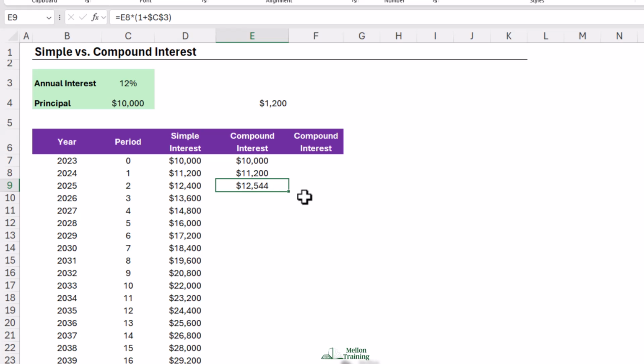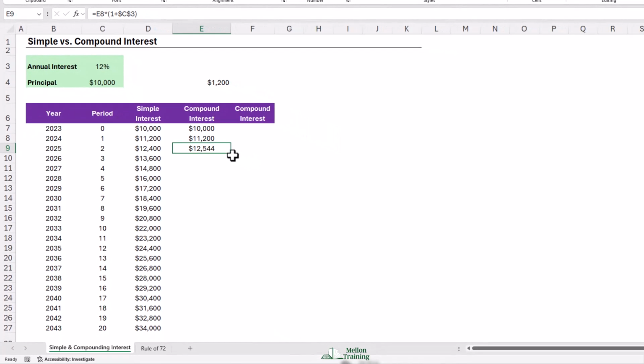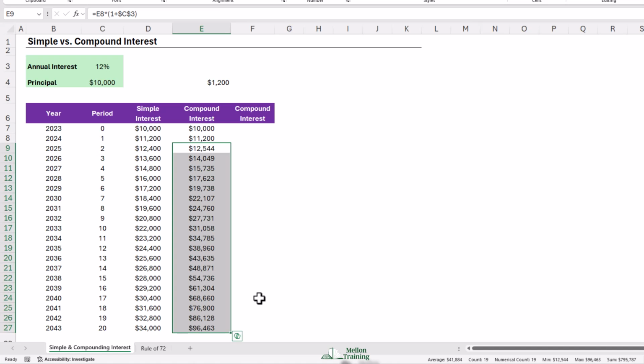12,544. Notice that now the balance of the account is going to be higher because we're earning interest not just on the principal, but we're also earning interest on the interest. As we move down over time, the impact of compound interest is significantly higher. By the end of a 20-period horizon, our account has